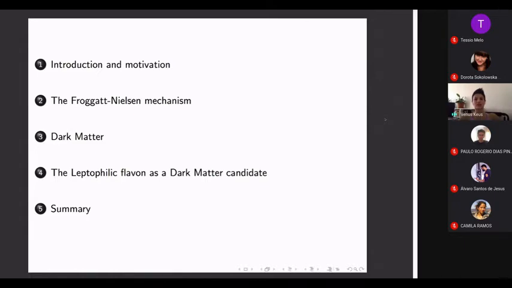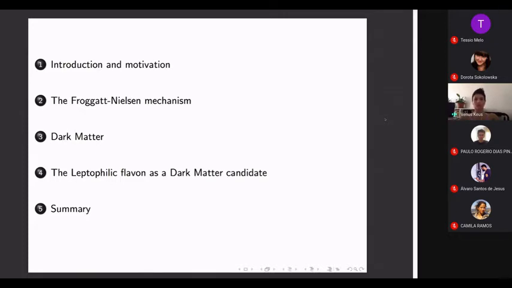It does that by assuming extra particles on top of the standard model content. One of the main particles that the Froggatt-Nielsen mechanism proposes is a scalar called the flavon. This flavon couples to the fermions,